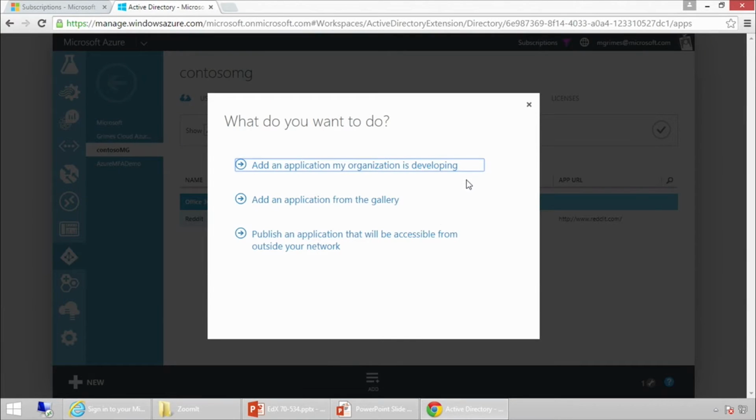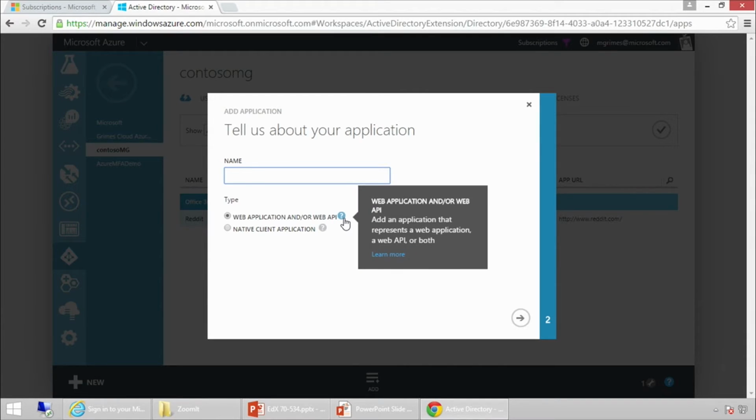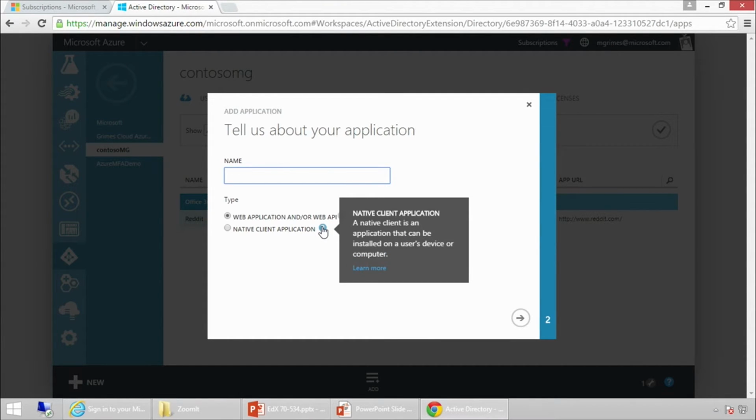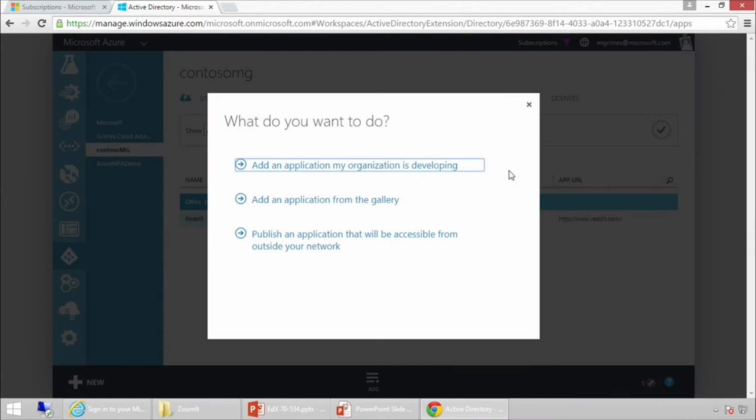So when I come in and add this, I can say add an application my organization is developing. If I do that, I give it a name, I give it a web application or web API, or I say if it's a native client application, right? And then I can point to it there. Now this one, I'm going to show this one before I go to the middle one. Publish an application that will be accessible from outside your network. Now, if I go to one of my other subscriptions or one of my other Azure ADs, you would only see the first two.